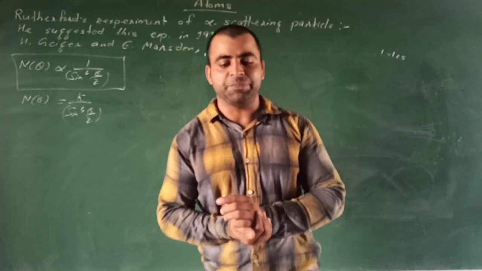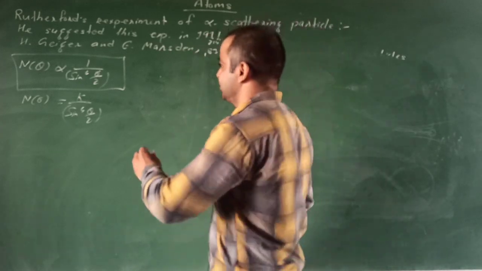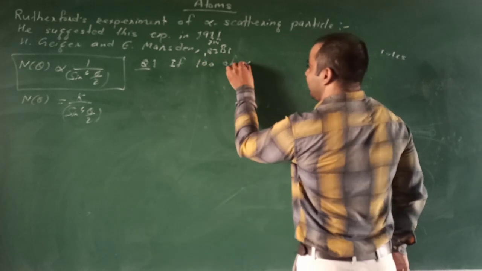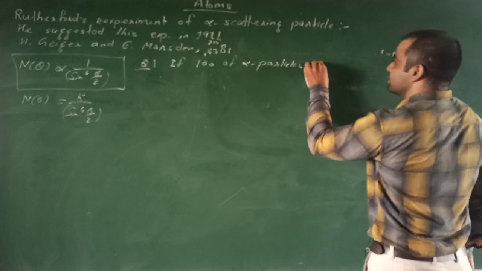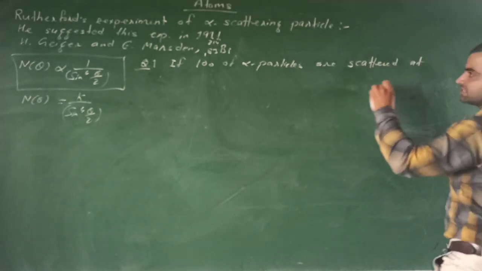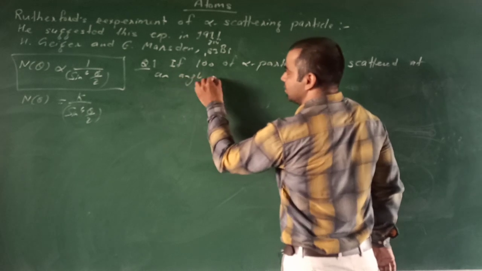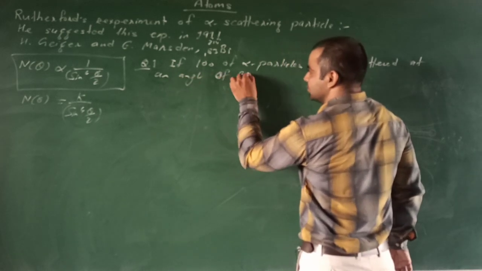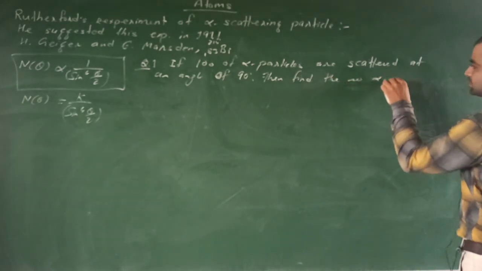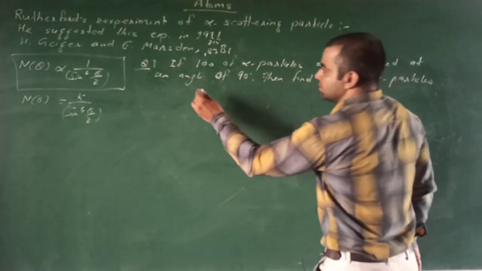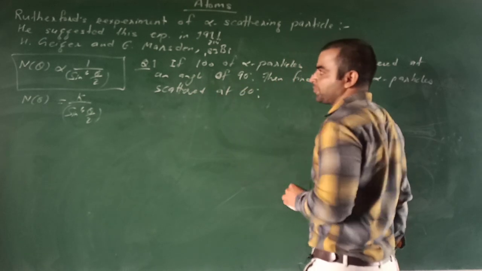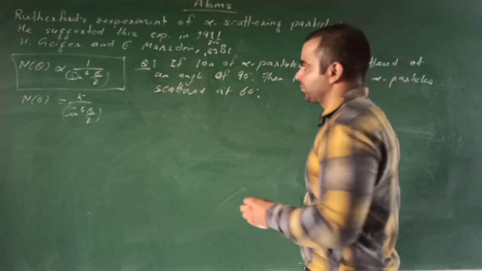Here is a question: if 100 alpha particles are scattered at an angle of 90 degrees, then find the number of alpha particles scattered at 60 degrees. Here is the formula, try to find out. Solution: